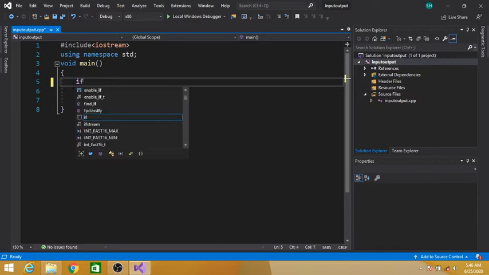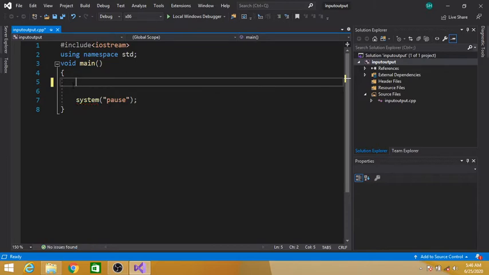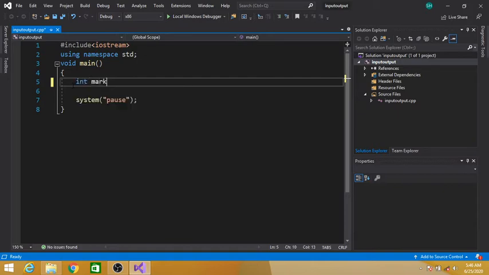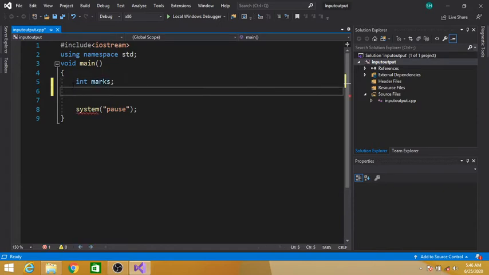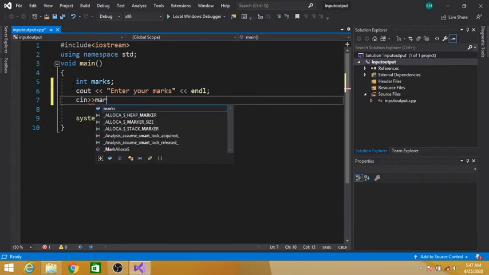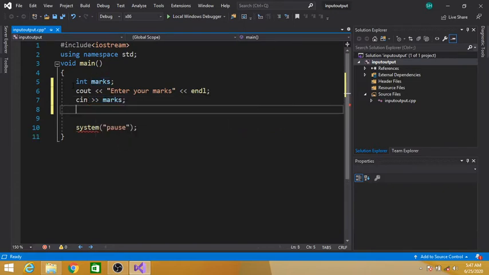Let's see. First we will declare a variable to store the marks. Int marks. cout enter your marks, end of line. In marks we are getting input in the variable marks.